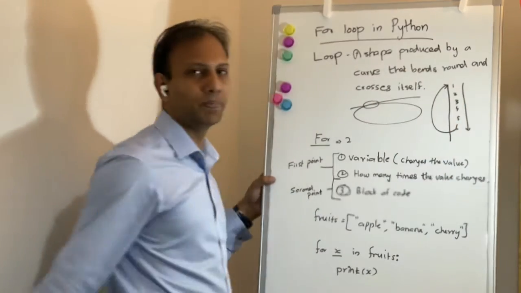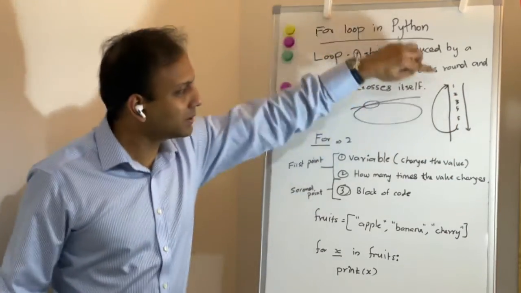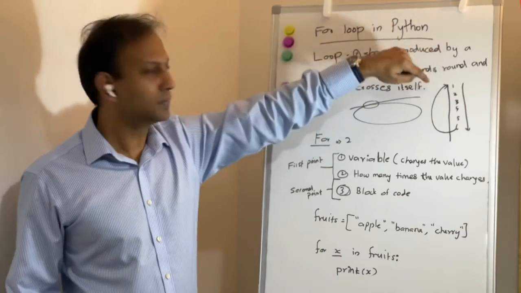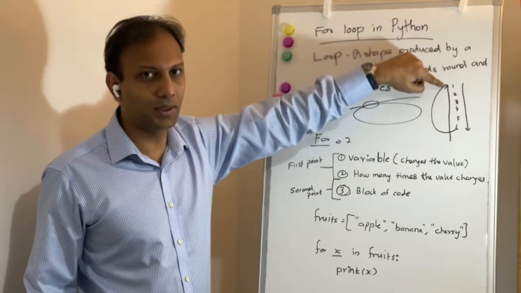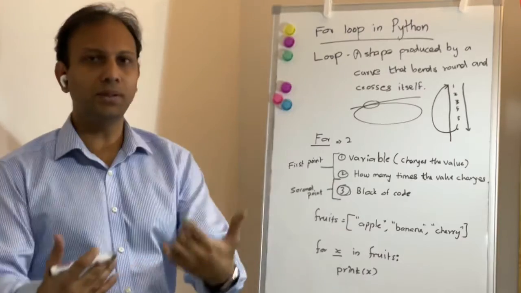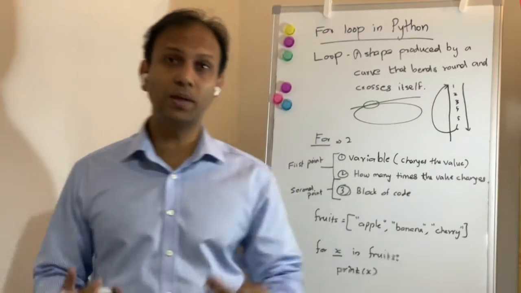So that's a loop. So why is it called a loop? Because the execution is going back to a position where it has already executed. That's why it is called a loop. Okay, so when you are teaching, you have to ask one or two students to explain what is a loop.